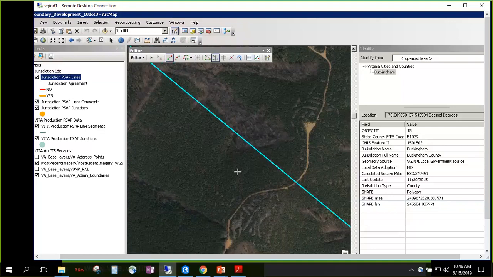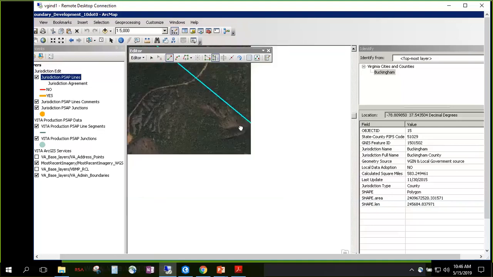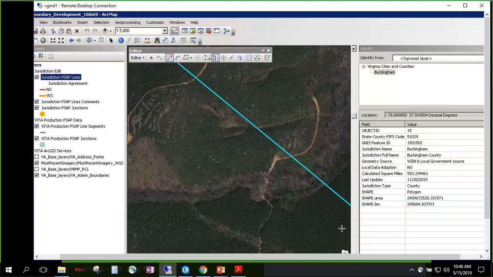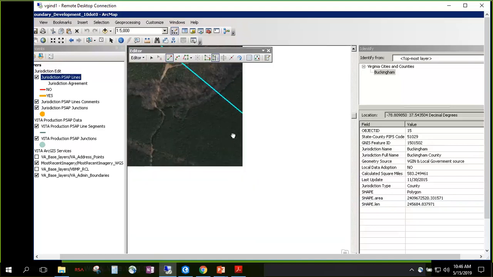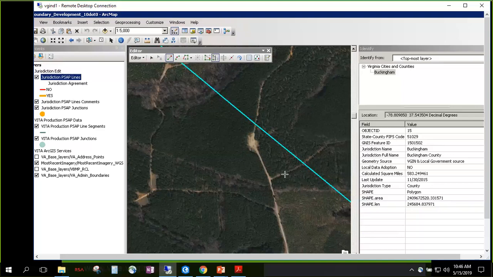It's going to vary. I'm at about 1 to 5,000, kind of panning through this more rural area. At this scale, I'm going to be able to see streams and roads and houses and outbuildings. If you're working in a suburban environment where you may want to look and make sure that all of a parcel is in one or the other, or that a PSAP boundary is not bisecting a